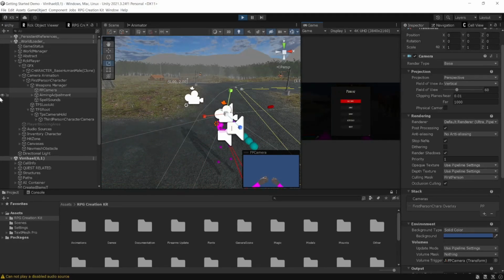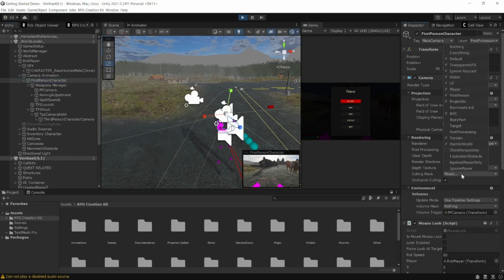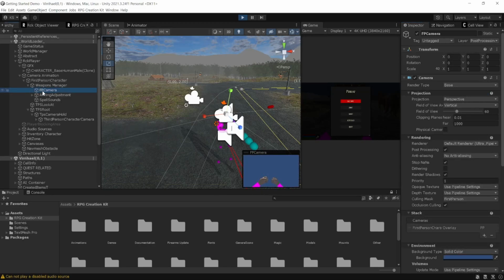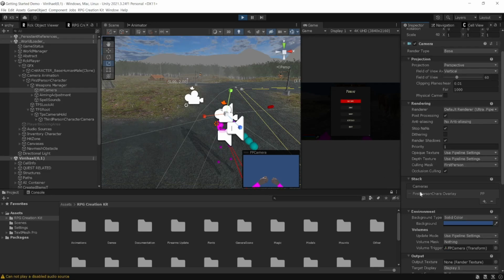Either way, on your first person character, you need to change the render type to overlay. Go down to your culling mask, make sure you tick the first person, make sure that one's on. Then you'll go down to the first person camera right here, and then you need to go to your camera stack and add in this one that we just got through